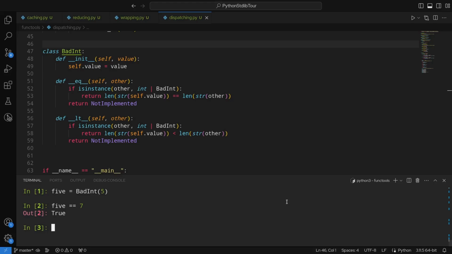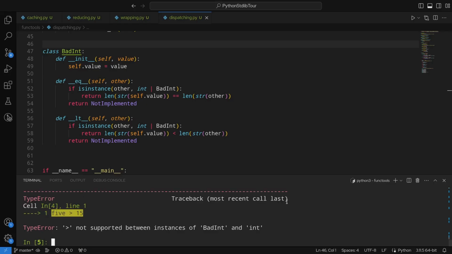And we've also defined the less than operator. So we can check to see if 5 is less than 15, which also is True. If we were to reverse that and check to see if 5 is greater than 15, we get a type error saying that greater than is not supported between instances of BadInt and int. Okay, well that's not ideal, but there's an easy fix, because since we've already defined dunder eq and less than,